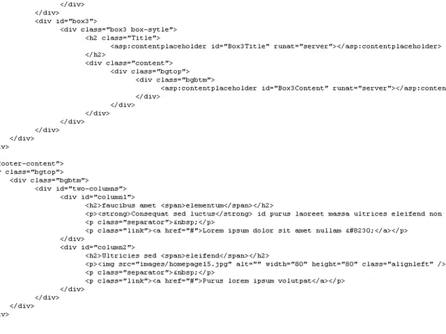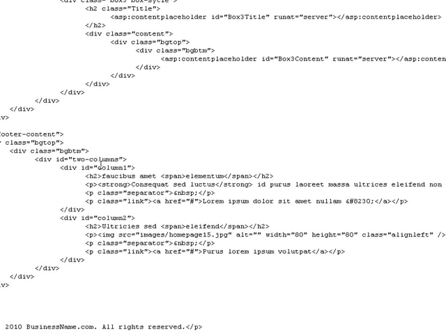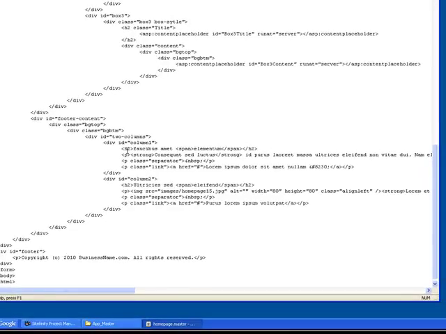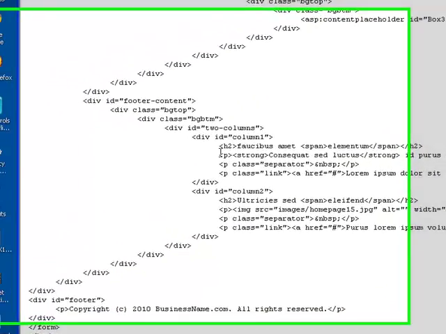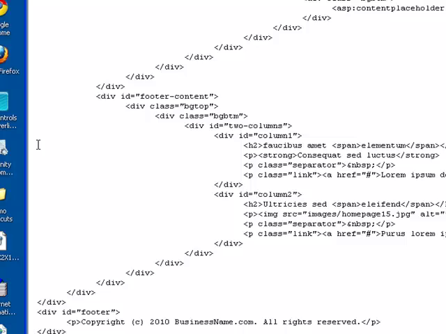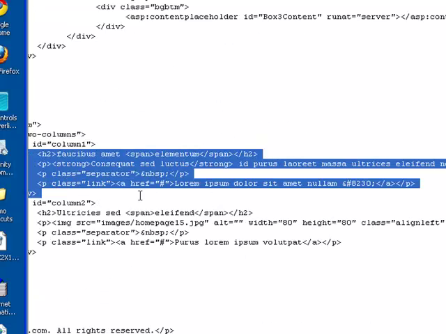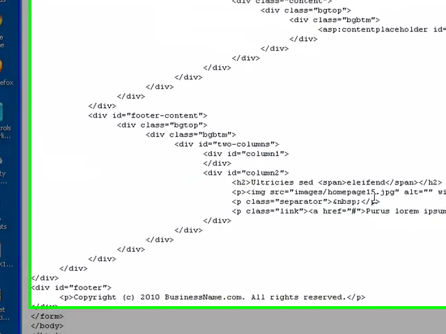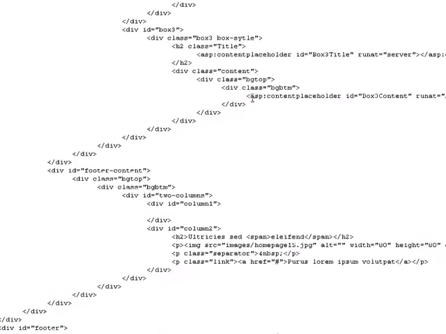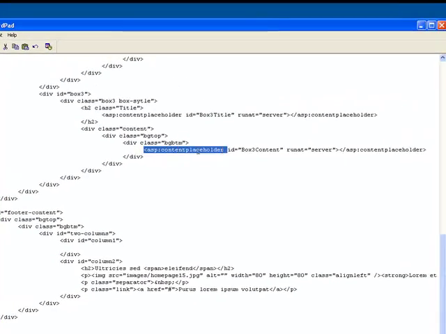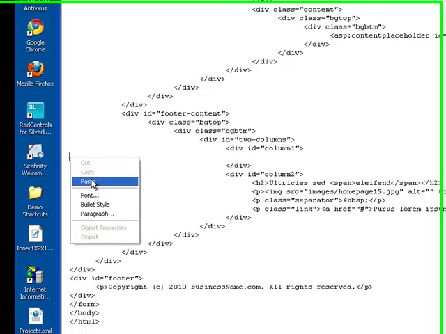Now I want to come down to my footer content, and you can see that we've got 2 columns here. We've got a lot of information in here, and again we're just going to pull all of this out, and again take an ASP content placeholder, put it in here,